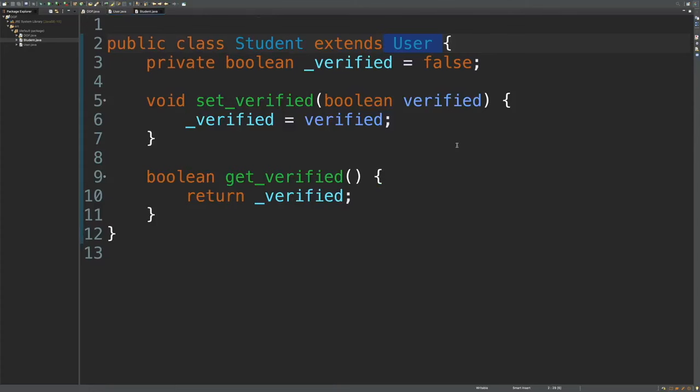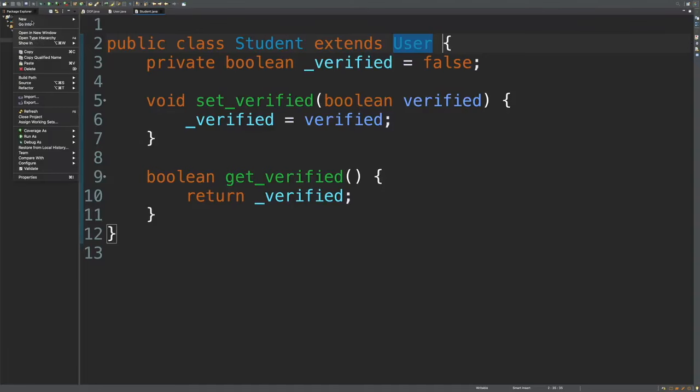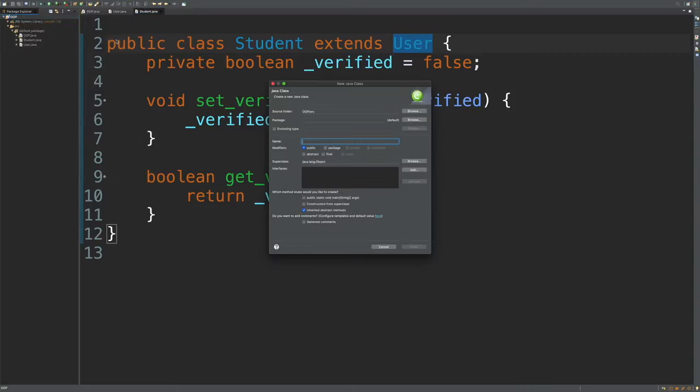So that's the first thing. We need to have some kind of inheritance hierarchy. The other thing is that we need to have not only a linear hierarchy, but we need to have a split at some point where we have multiple things inheriting from one base class. So here we have a student inheriting from a user. Let's go ahead and create another class that inherits from user. So we'll just go over here, hit new class, and we'll just call this